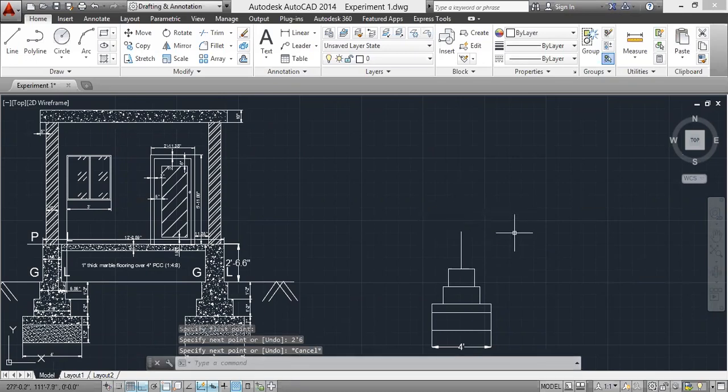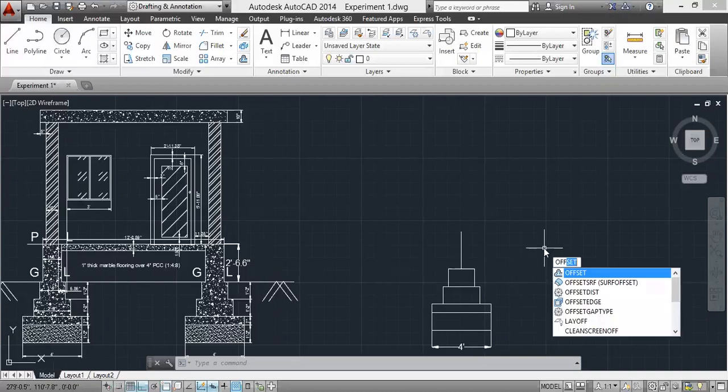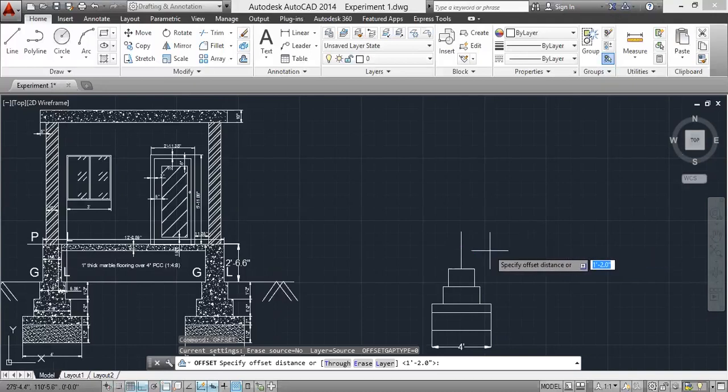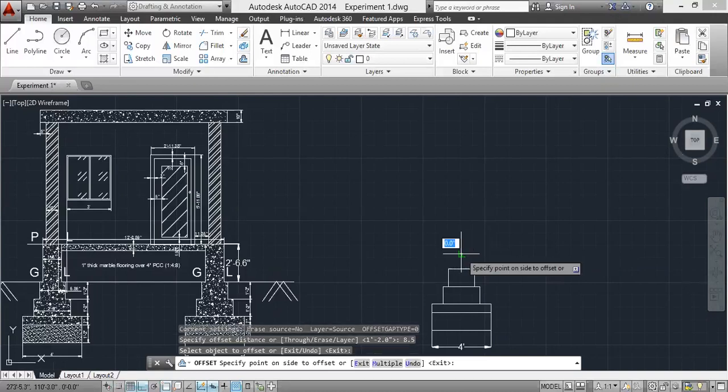Okay, now here the width is 1 feet 3 inch. So divided by 2, it will be 7.5 inch. Take the offset command, select this object, give that distance, select this object, click on the right side and left side.